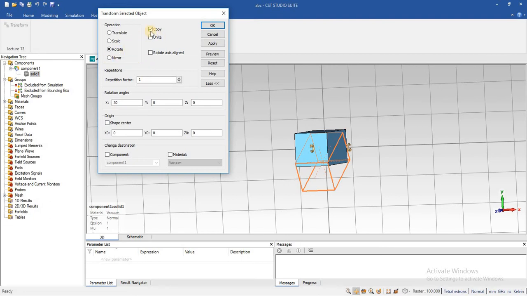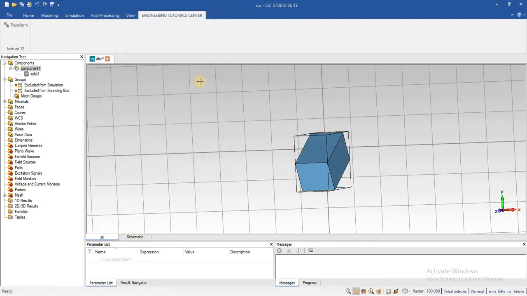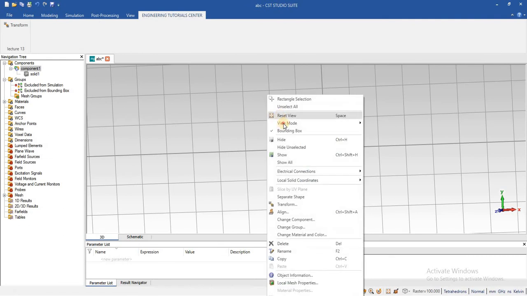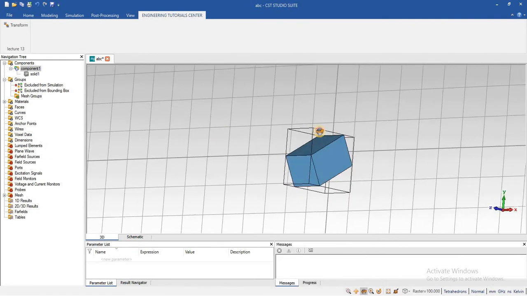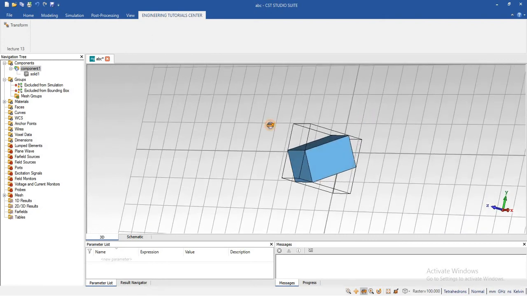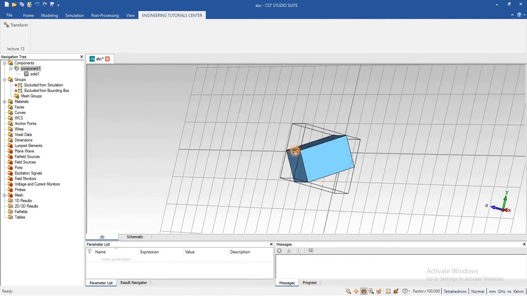In this case, I want to rotate the original object, not a copy of the object. You can see that, and just apply. You have seen that the original object has been rotated 30 degrees.